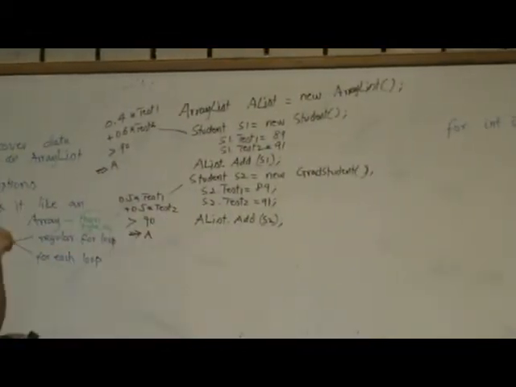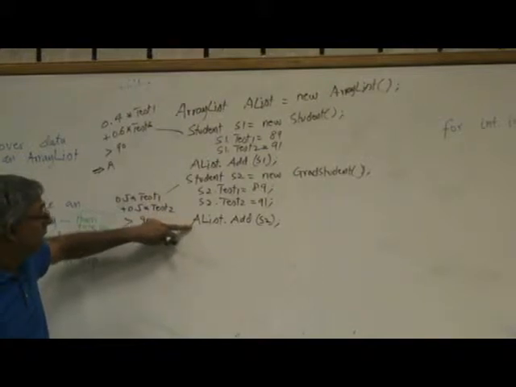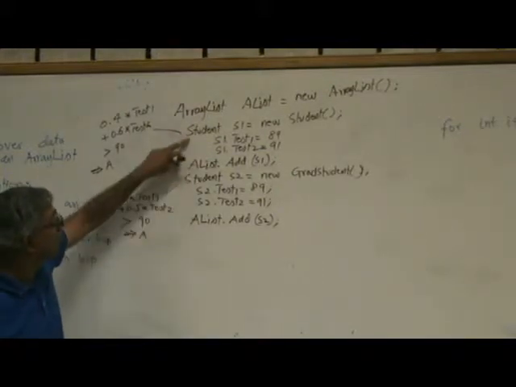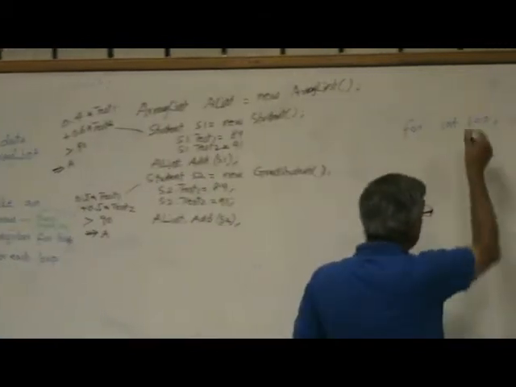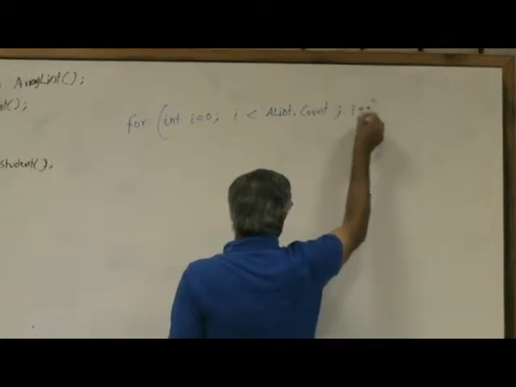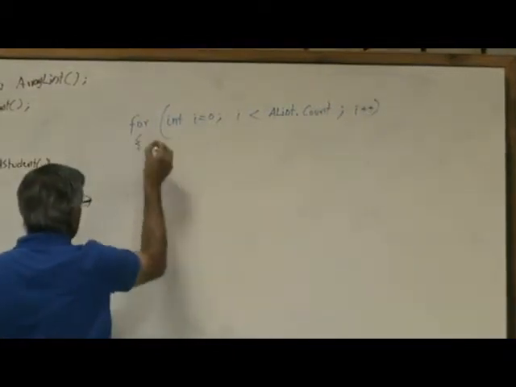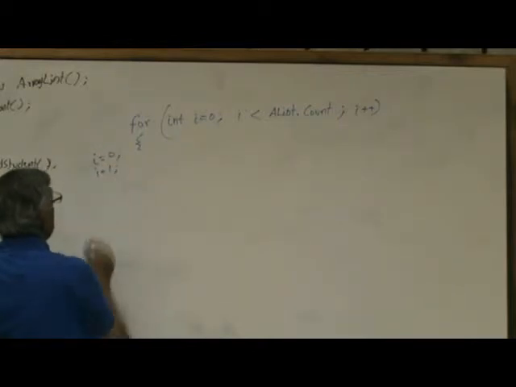So in this example, what will be the count? 2, right? Because we stored one time S2, one time S1, so 2. So it will go through I of 0 and I of 1. Okay, so first time through the loop I will be 0, second time through the loop I will be 1,